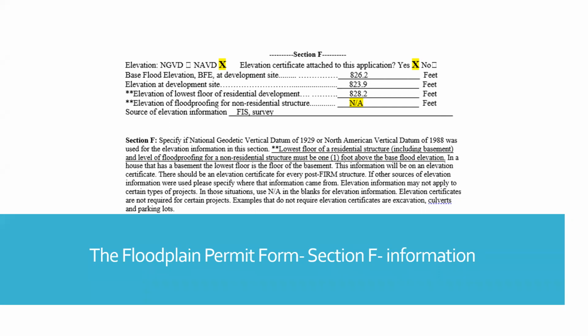And so it's like that because Lawrence has 2 foot of freeboard, which is a higher standard than even the state higher standard, which is 1 foot of freeboard. And that is specified there in the instructions. It says the lowest floor should be at least 1 foot above. So going through and making sure that it complies with your specific standards for your community. So if you have higher standards, that you're enforcing those and making sure that that is